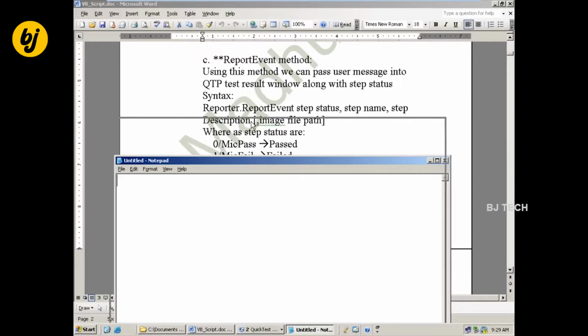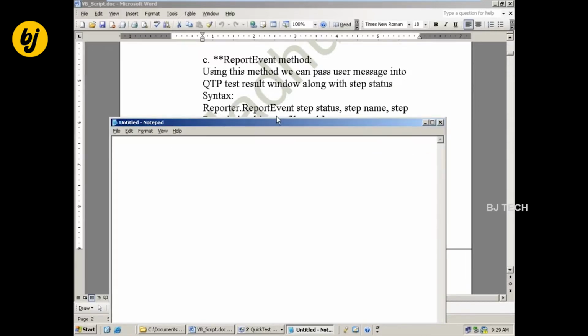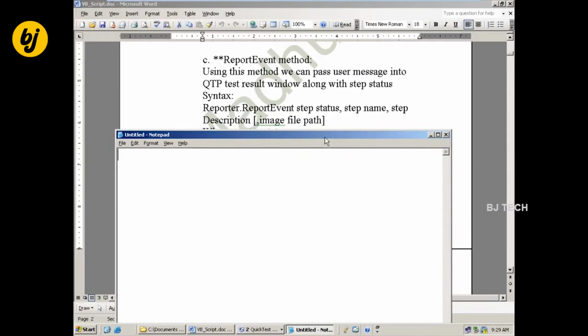For the report event method, the syntax is: report event, step status, step name, comma, step description, and within square brackets, image file path.